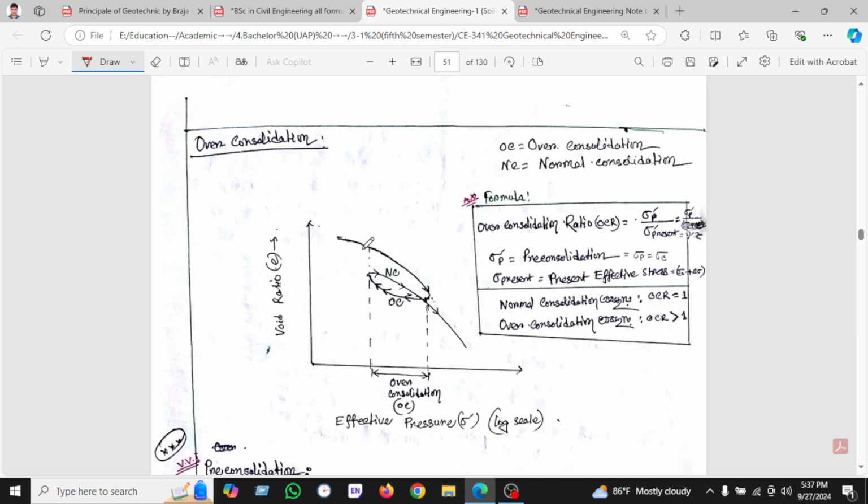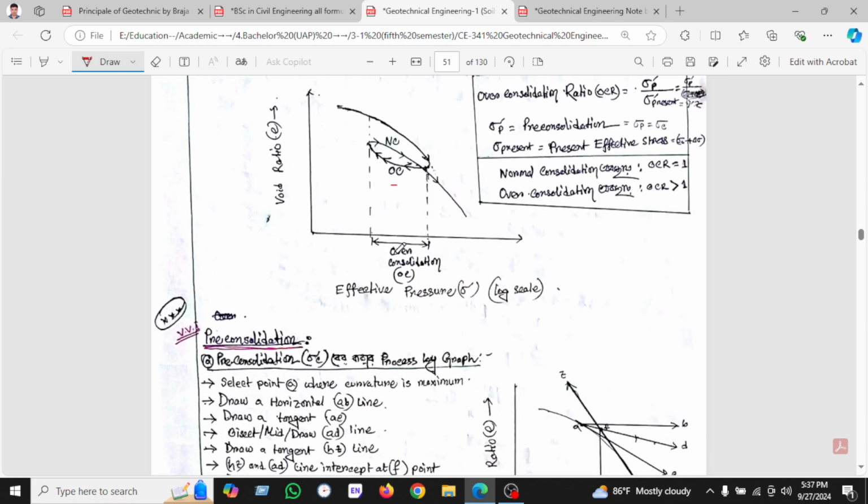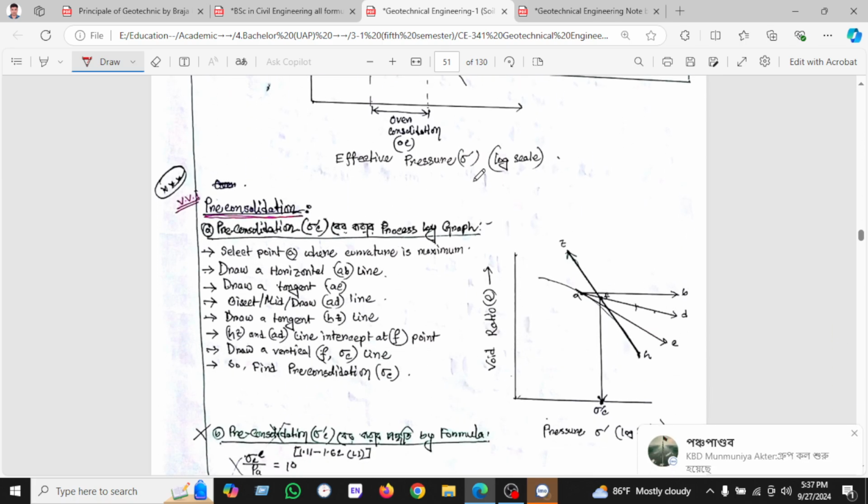So here is the void ratio. We can see here the load is increasing, and then load is decreasing, and then load is increasing again. When the load is decreasing, that is the over-consolidation, and when increasing it is normal consolidation, and the effective overburden pressure is here. I will draw the